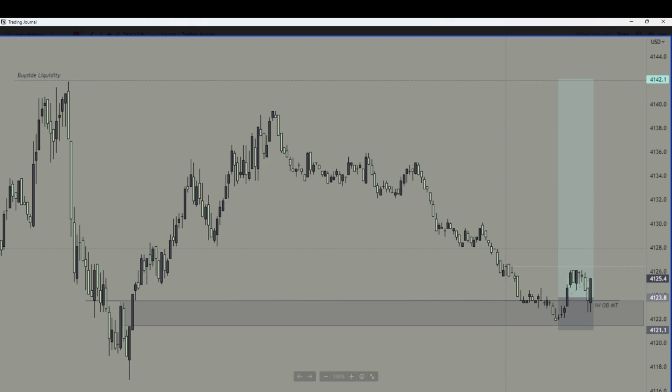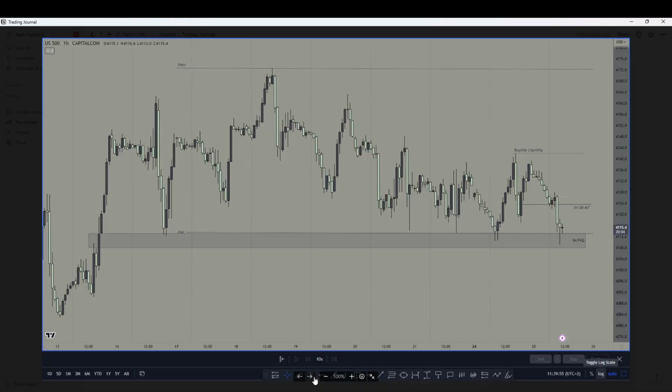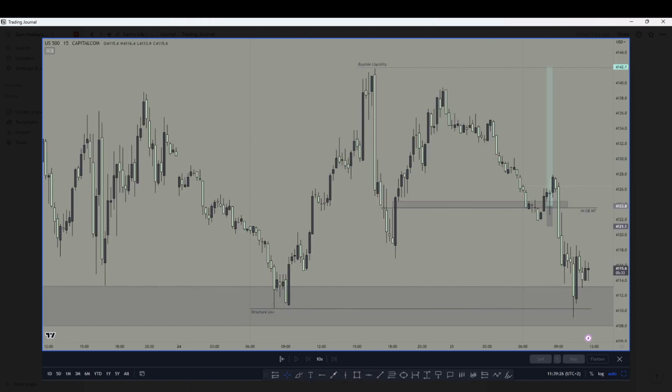are engaging in, is also the narrative behind it. And that is what we could see right here. We could see it didn't go for the buy side, but it just went deeper within the range, filling in this volume imbalance, and from there on we went on to take the sell side liquidity.